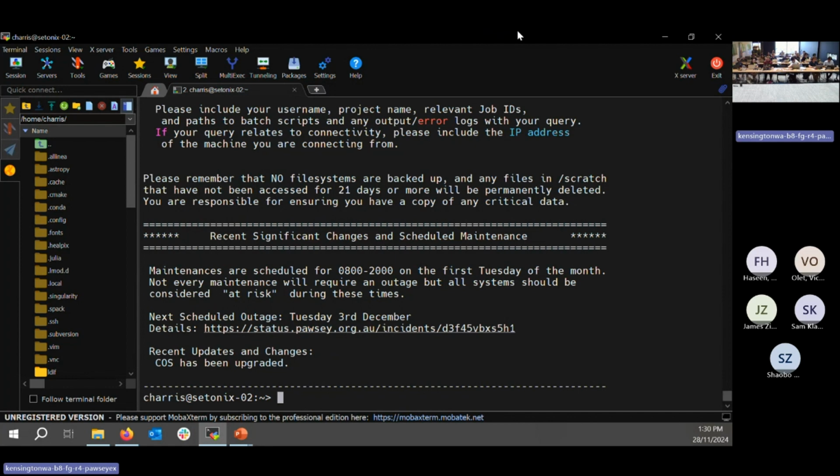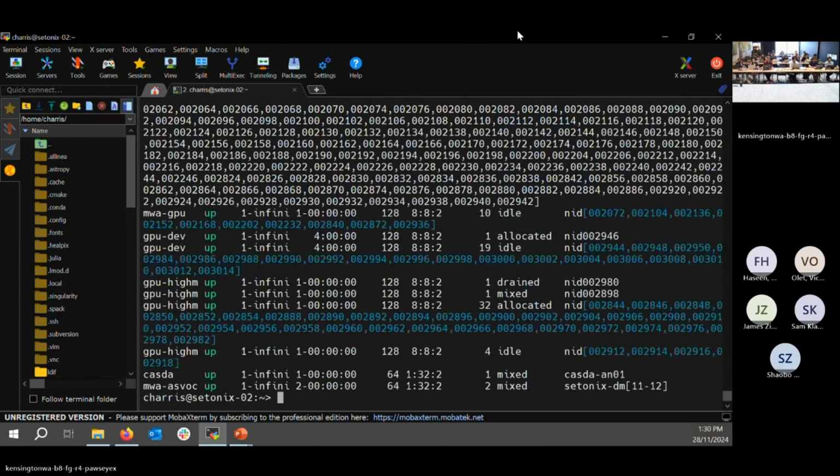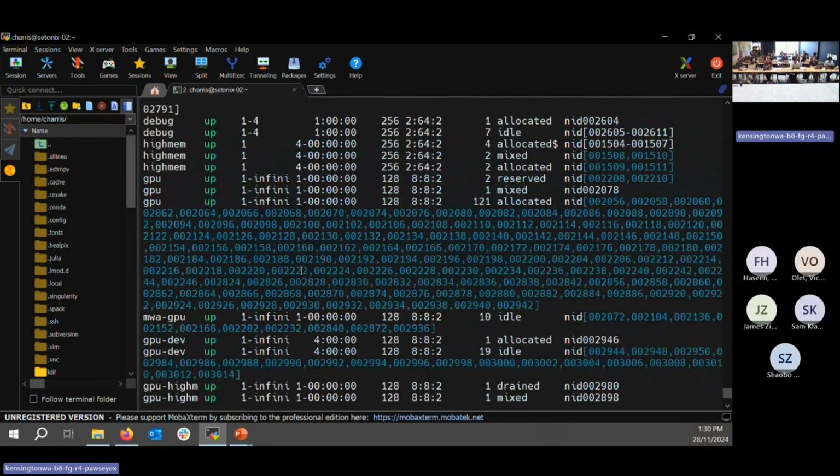So the command I'm going to type is sinfo. All of the Slurm commands typically start with an S, that's short for Slurm. So sinfo is Slurm info. And we get a whole bunch of stuff. So you'll see where there's lots of individual nodes that it'll kind of spill over multiple lines. But if I come back up to the top here, hopefully,